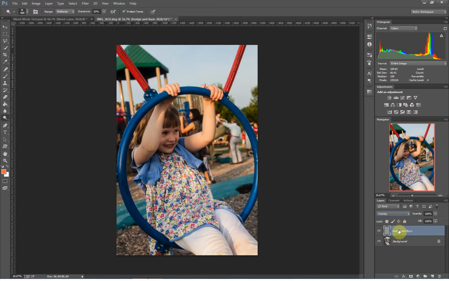So if I want to use it to burn and dodge, all I have to do is, instead of using the dodge and burn tool on this background layer, I can instead use it on this dodge and burn layer, this 50% gray layer. Wherever I paint with the dodge tool is going to brighten the 50% gray layer. Wherever I paint with the burn tool will darken it, and that's what's going to happen to my image. So with the dodge tool selected and my dodge and burn layer selected, I'm going to simply paint on her face, and you can see that